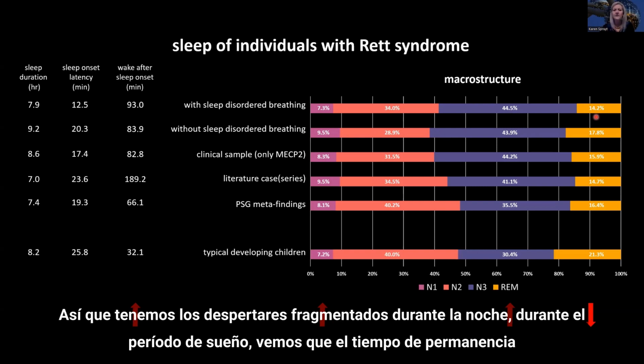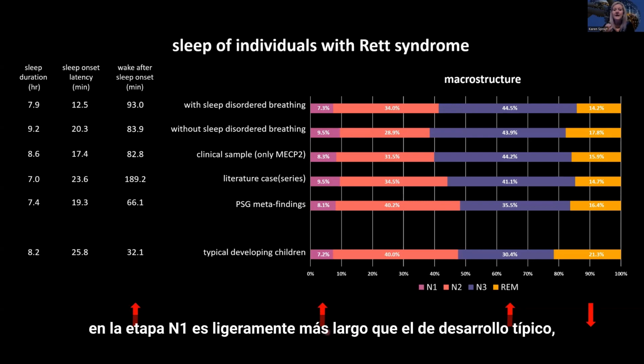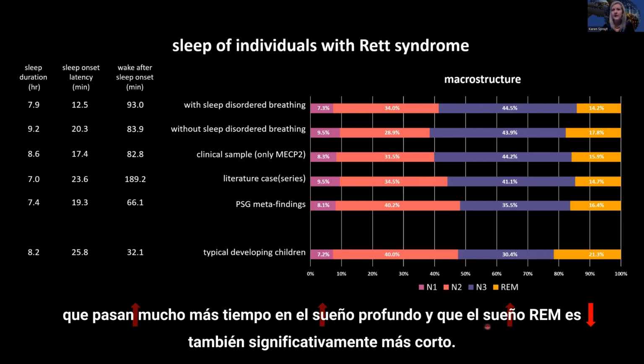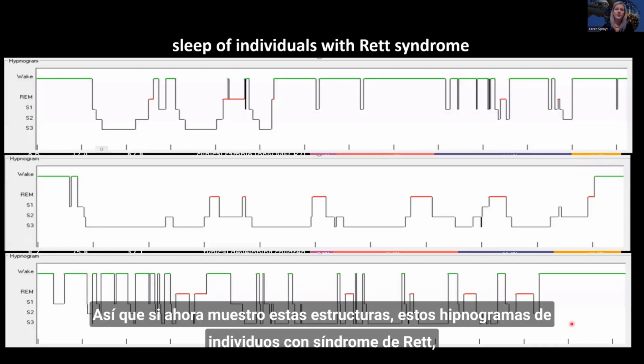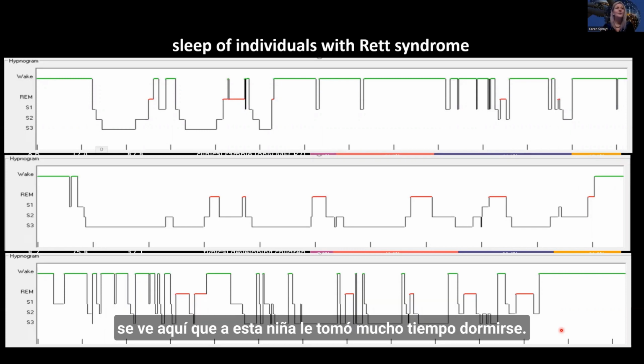So fragmented awakenings during the night, during the sleep period, and time in stage N1 is slightly longer than in typically developing individuals. They spend much more time in deep sleep, and REM sleep is also significantly shorter. So if I now show those hypnograms of individuals with Rett syndrome, you actually see